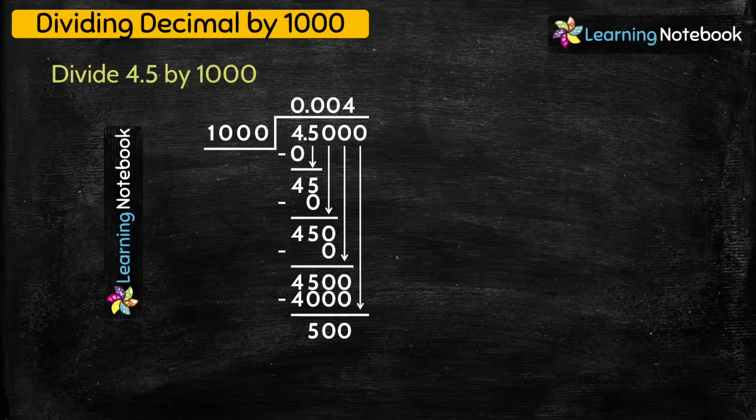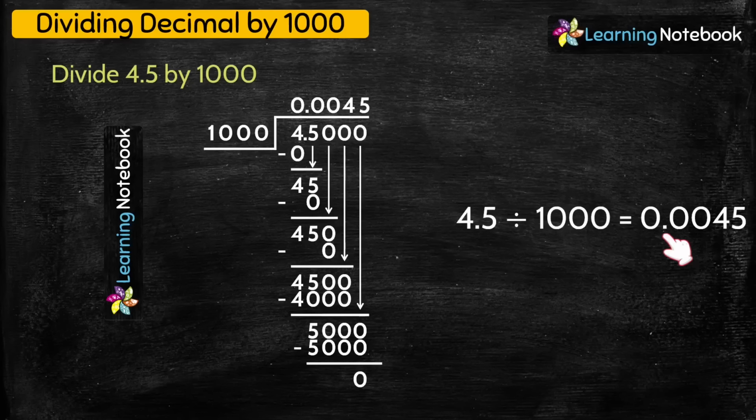Let's copy next 0 and now we will divide 5000 by 1000. 1000 into 5 equals to 5000 and 5000 minus 5000 equals to 0. So now our division is complete and we have got the quotient as